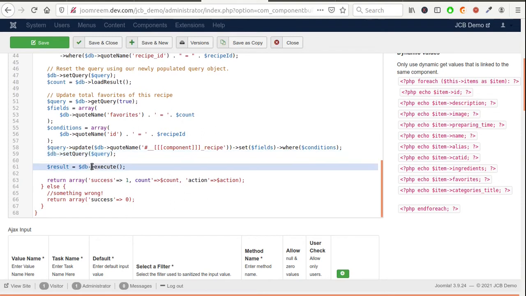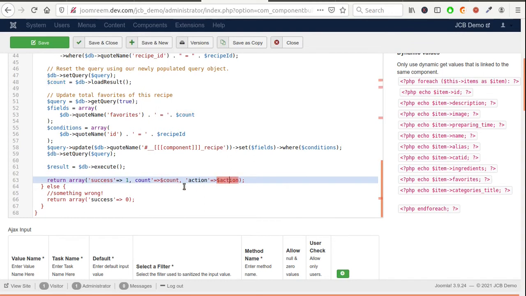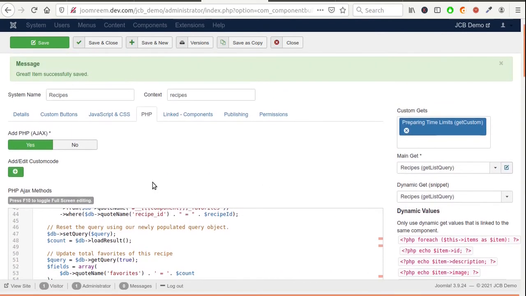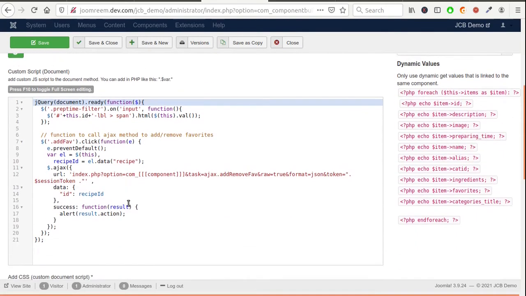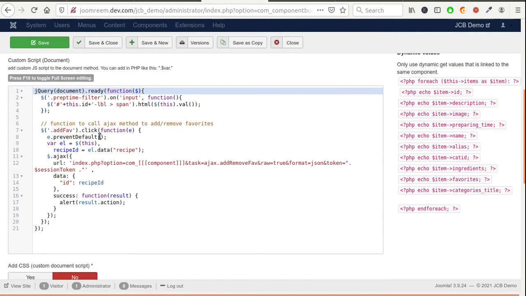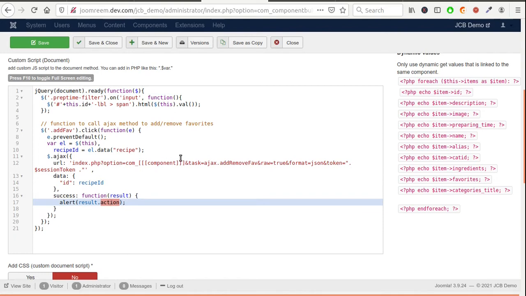Also, I will change the result returned to have two more elements, as you can see on the screen. One of them is the new count of the recipe favorites to update the counter beside the heart icon. Let's display this new element, count value, instead of the action value.